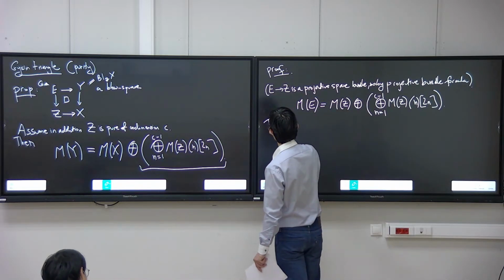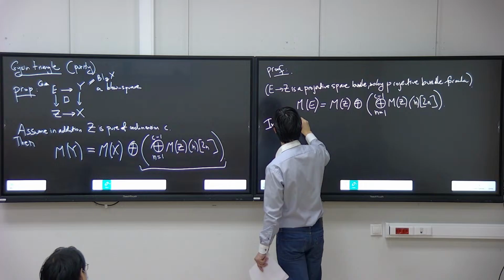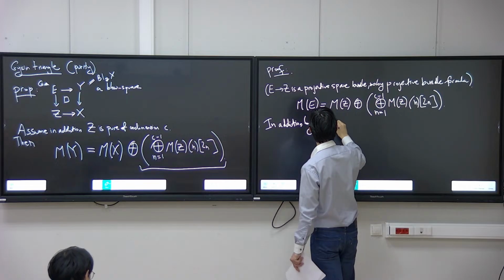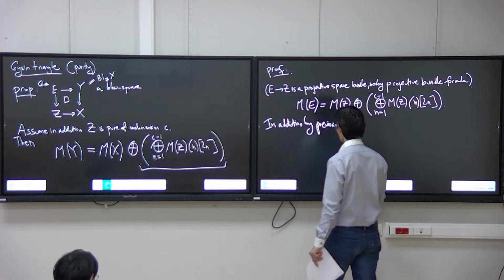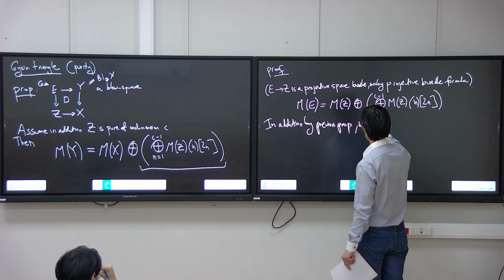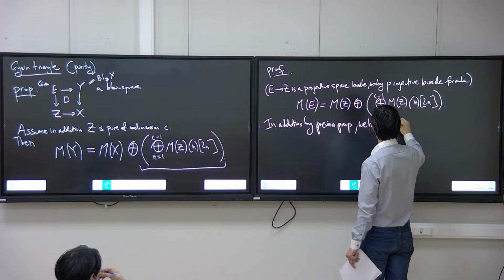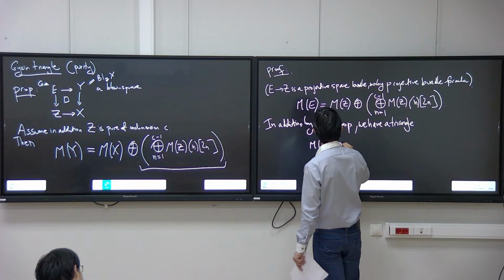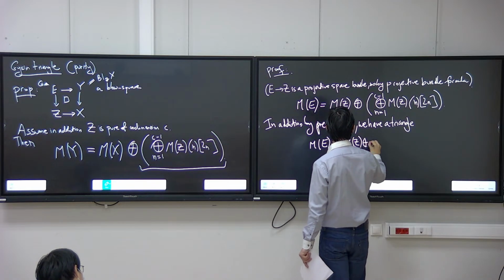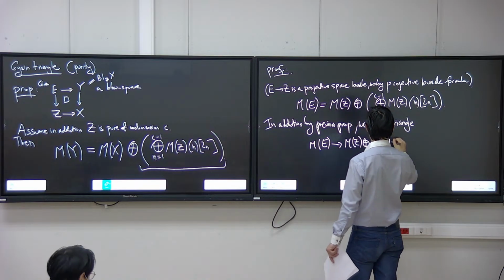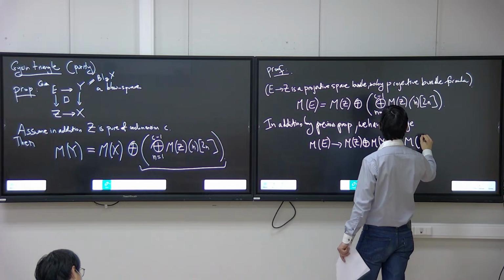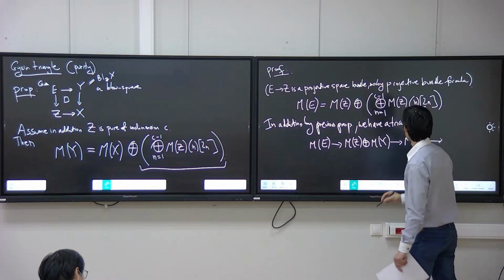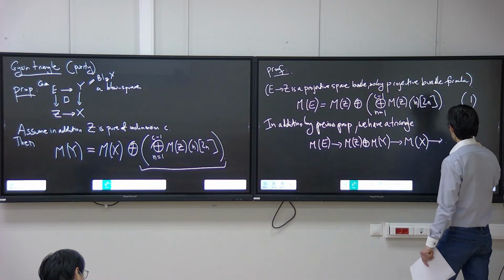So in addition, by the previous result, previous proposition, we have a triangle M of E to M of Z plus M of Y to M of X. So these two facts basically, so let's say 1 and 2. So 1 and 2